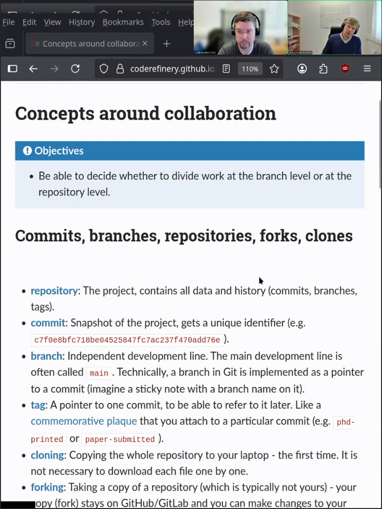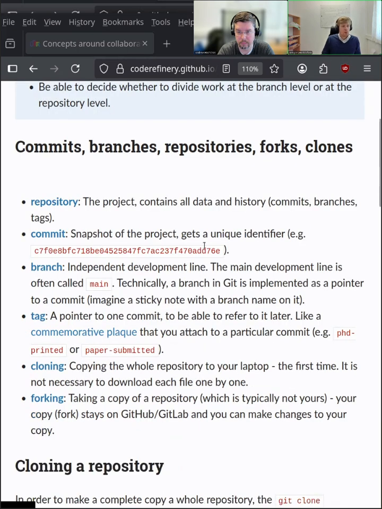So the first thing we will mention today is just a quick reminder of the concepts that we've discussed in the last 2 days. That's what is a repository, what is a commit, what is a branch, and so on. You will have time during the exercises to read up on these concepts again if you feel slightly unsure about some of them. You have 30 minutes, so there's plenty of time to read up on old topics and then build up on them. But there are 2 specific things that I want to pinpoint, which we should emphasize now, and that's cloning and forking a repository. So I think that we should start with discussing that in a little bit more detail.